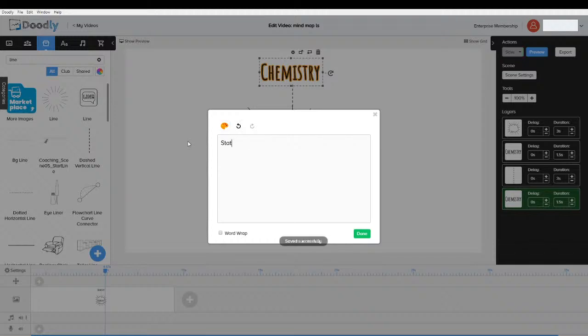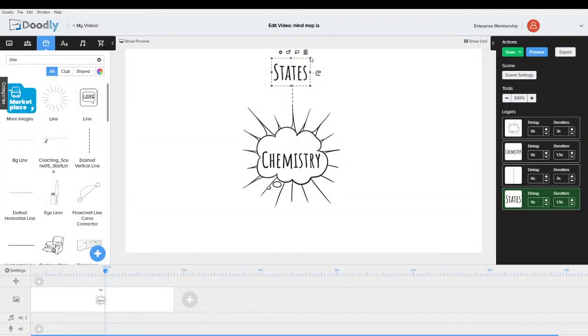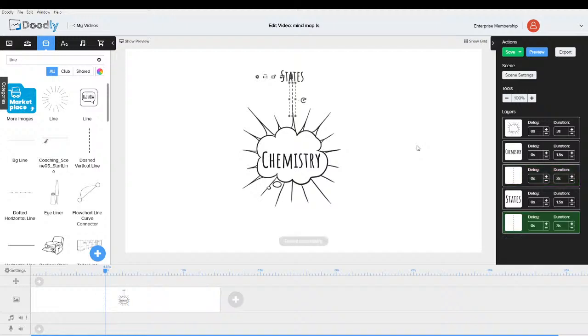So here we're going to have, my microphone's in the way. That's why my spelling's so bad. States. And that's going to be made smaller. So states of matter we're going to have. Okay, so let's copy and paste. So we want to try and get things in the right order.